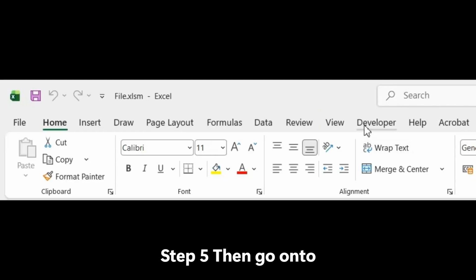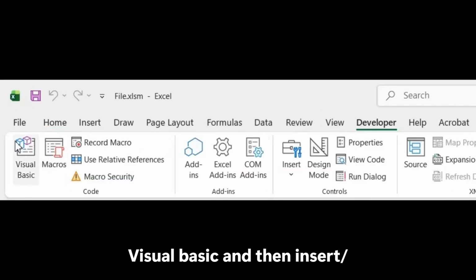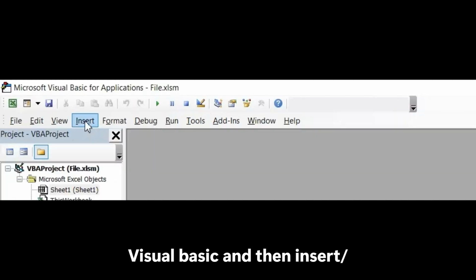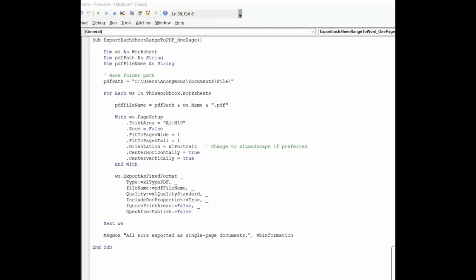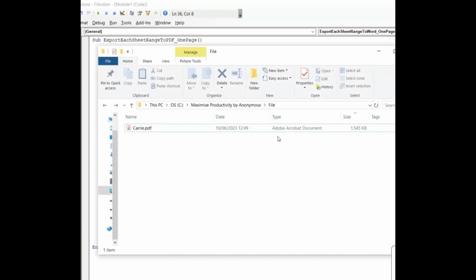Step 5. Then go on to Visual Basic, and then Insert, Module. Then paste in the code which is in the description. Step 1. Start off by amending line 8 of the code to get the file path of where you want